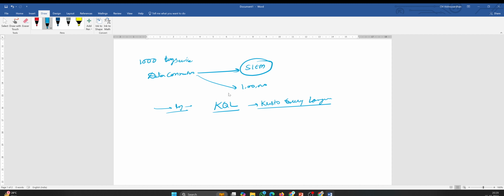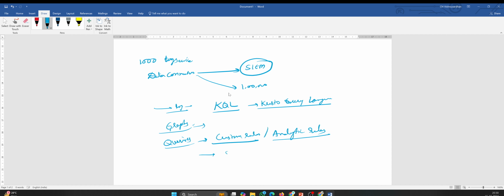So now we have KQL. By using this, what can we achieve? We can create graphs of these millions of data records. We can create queries, known as custom rules or analytic rules. We will learn how to create custom rules and analytic rules.